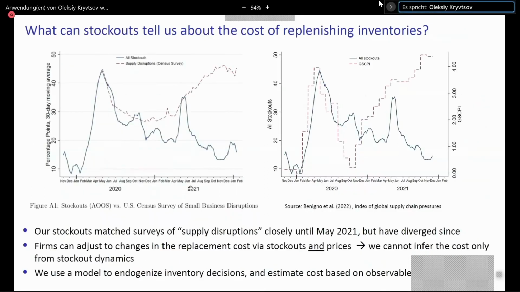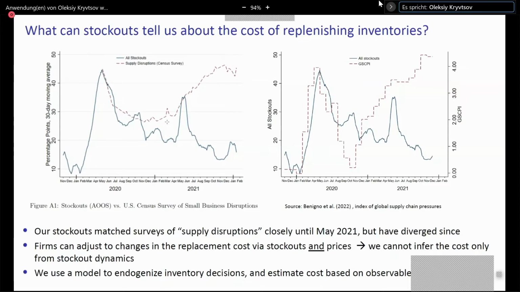In the final result that I'm going to explain, we juxtapose the total stockouts for the US, the blue line on left and right, with available indices for supply disruption pressure. There are two indices. One on the left comes from the Pulse survey for small businesses in the US, which asked about the fraction of firms exposed to disruptions. On the right is an index of global supply chain pressures from colleagues at the New York Fed. On both graphs, early in the pandemic, high supply disruptions tracked closely with our measure of stockouts.